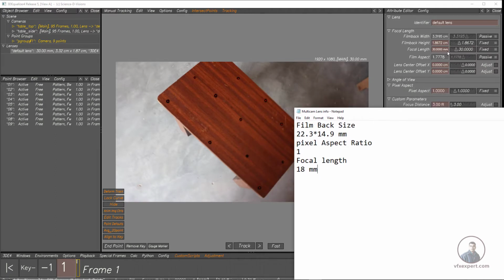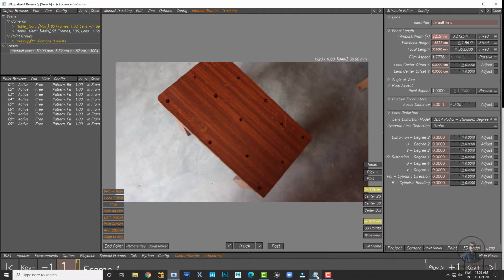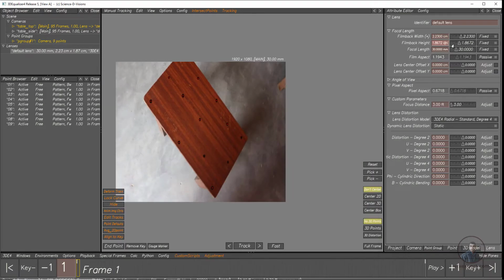Remember this one. Just click here, click on fixed and type 22.3, okay. If you want, you can check. So 22.3, I have typed it here. If you want, you can type this one here.